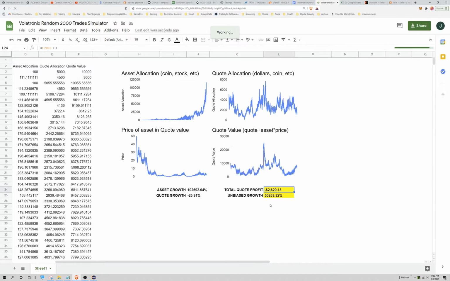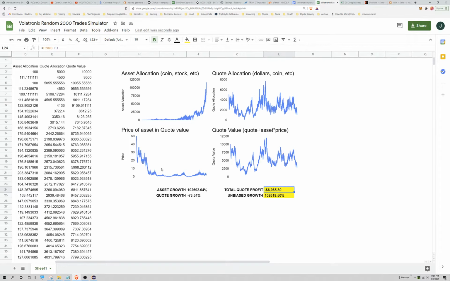And here we have an example where you actually lost value, right? Because this price went so low, but the unbiased growth is over 100,000%. Let's say if this was Bitcoin back in the early days, and now you have 100,000 of them in the end, then if the price goes up by like 1 penny, that's $1,000 in added value. If the price went up 10 pennies, then well, we'd end up with a profit here. If the price went up 7 pennies, we would have a positive ending quote value.